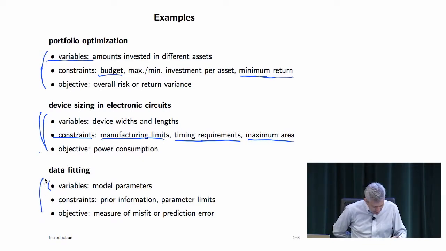In data fitting, it's quite interesting. The variables represent model parameters, and they don't correspond to any action whatsoever. There's no action, right? So the variables are model parameters, and the constraints. So in other words, you have a family of models to describe some data, right? I mean, well, that's what statistics is, right? And then your constraints might be things like prior information. For example, some of those parameters might be non-negative, and you know it, right? And you won't even entertain a model where those numbers are negative.